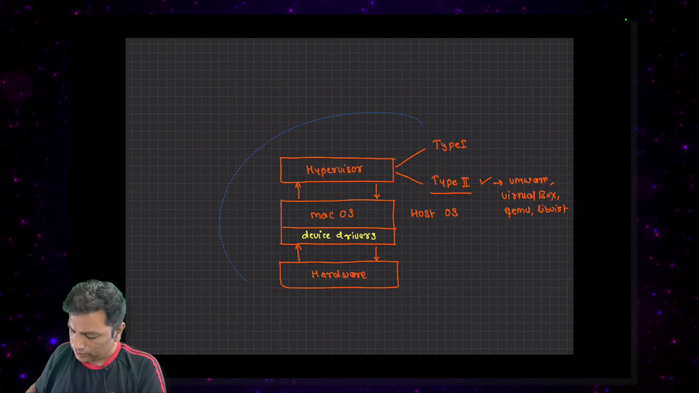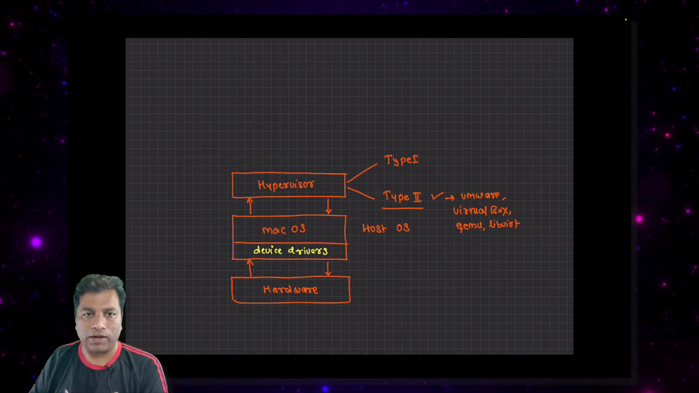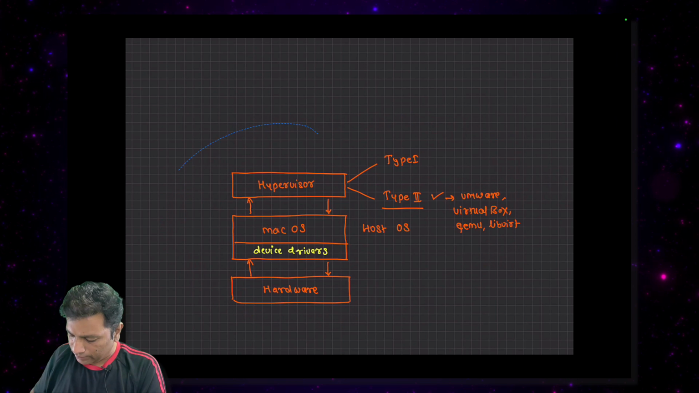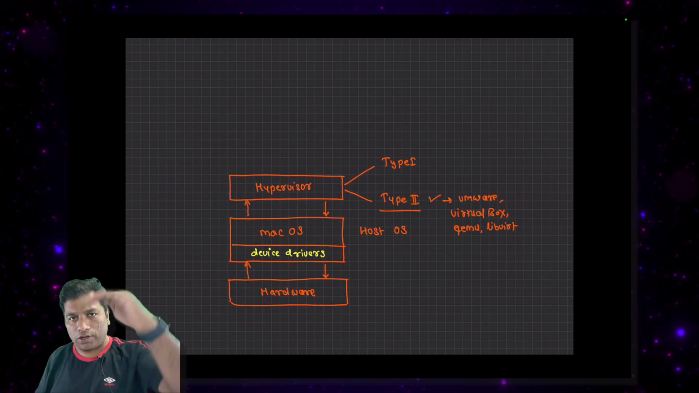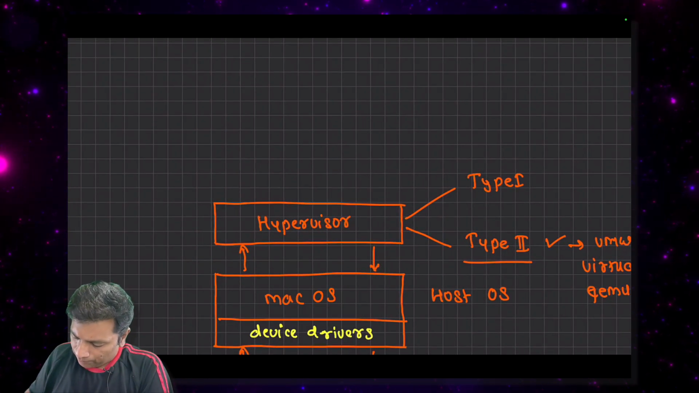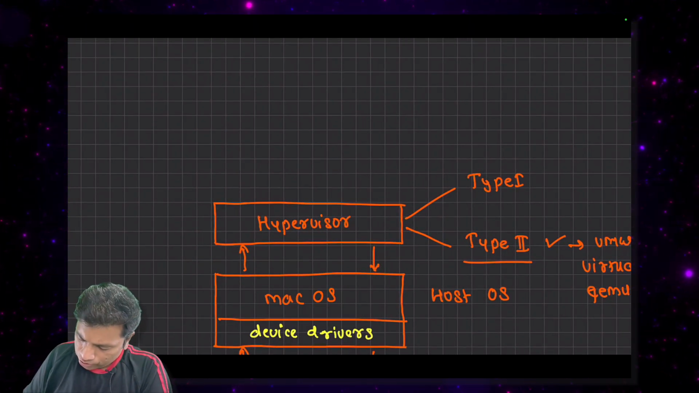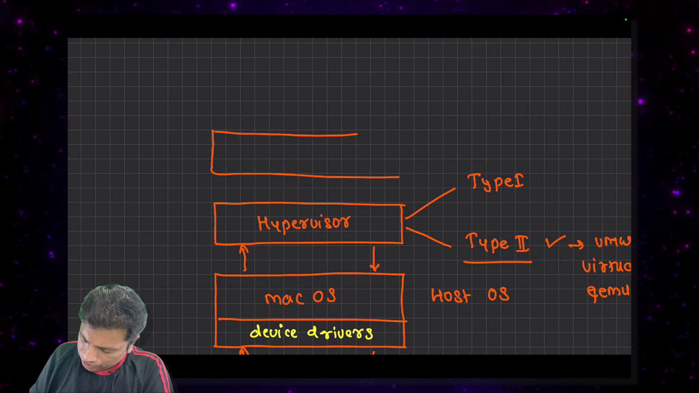Type 2 hypervisors require an operating system to be installed on your machine. Without that, you can't use this hypervisor, and that's another reason why it is called a hosted hypervisor. It is hosted on top of one of the host operating systems. Now this hypervisor will provide you a bunch of virtualized hardware components. So precisely, if I look at the picture here,